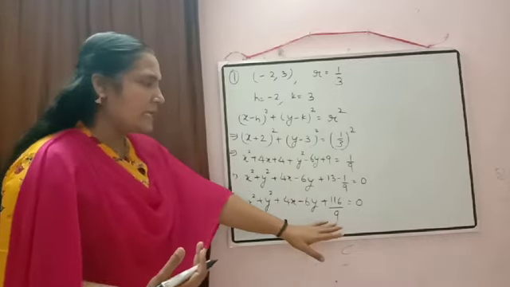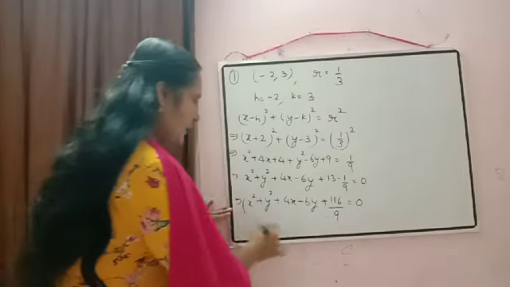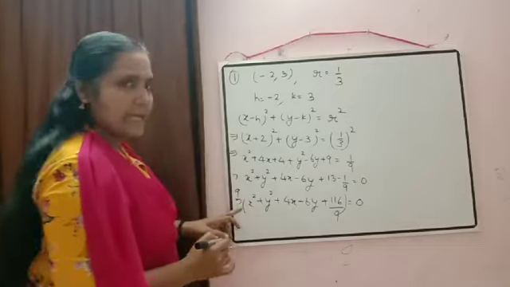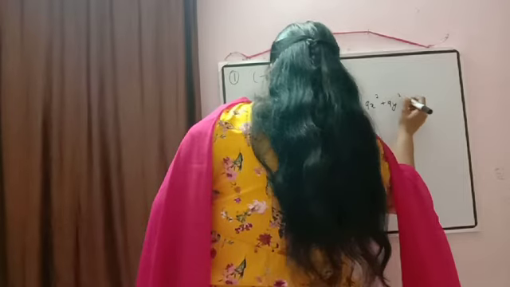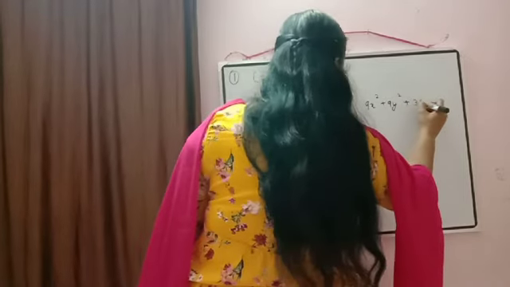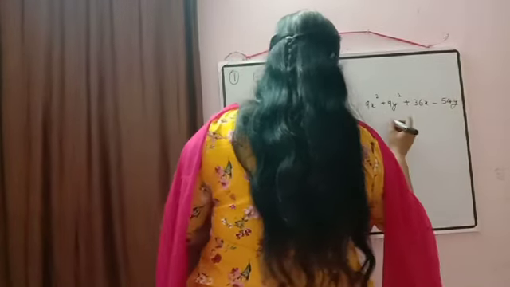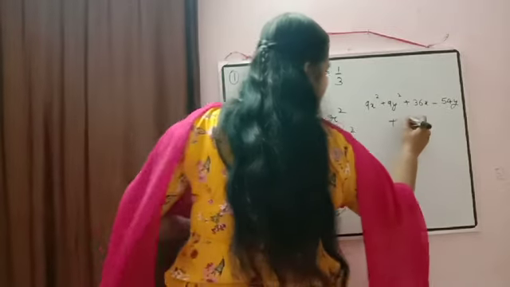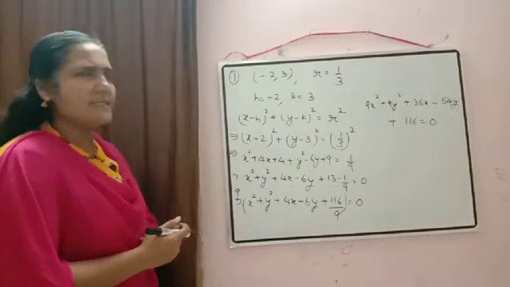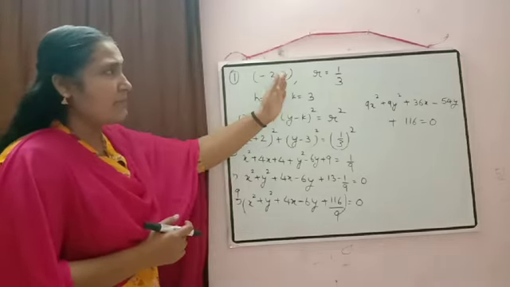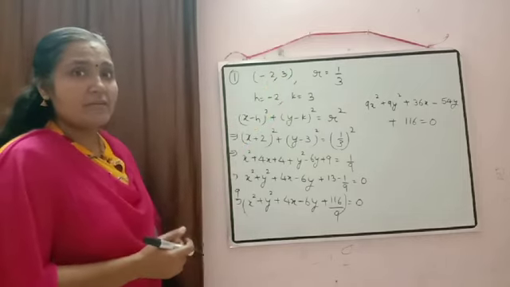Otherwise, if you don't like the denominator in the answer, then to cancel that denominator, what you have to do? You have to multiply the whole expression by 9. Then your equation of circle will become 9x square plus 9y square plus 9 4s are 36x, 9 6s are 54y. So minus 54y plus 9 and 9 will get cancelled, remaining it will be 116 is equal to 0. So I hope this formula is easy for you, because in the other one we have to calculate the value of c also. Better I will explain in which formula that method will be easy.